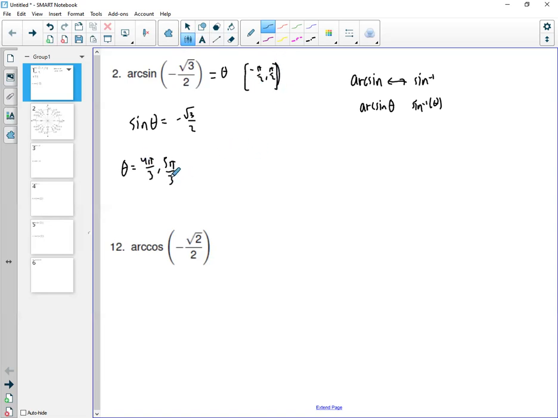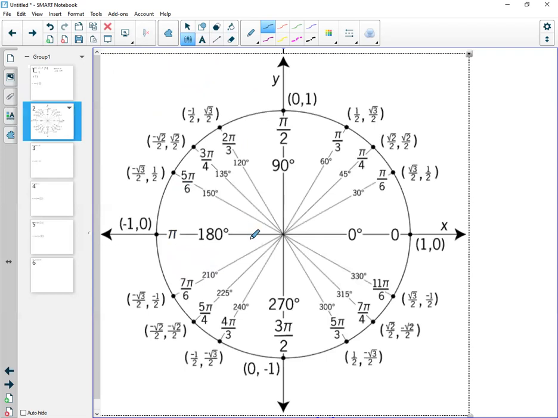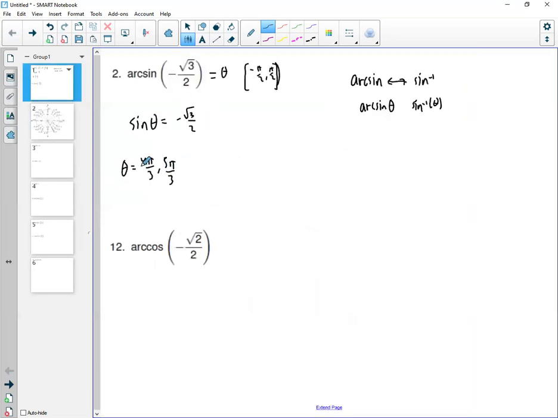So I can't use this one or this one really, but technically 5 pi over 3, I could do like this. I could say this is my angle. So instead of saying 4 pi over 3, which I can't do between negative 90 and 90, I can do this one. That's negative pi over 3. Really this one is negative pi over 3, and this is my answer. So the trick is